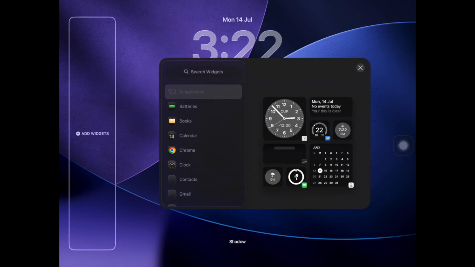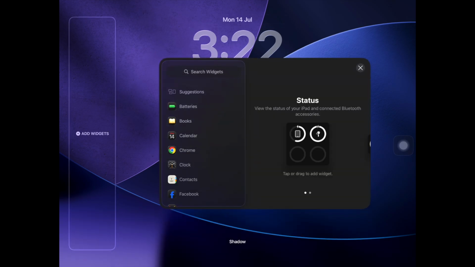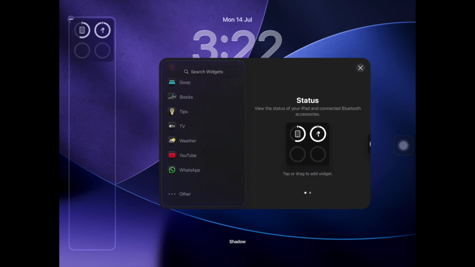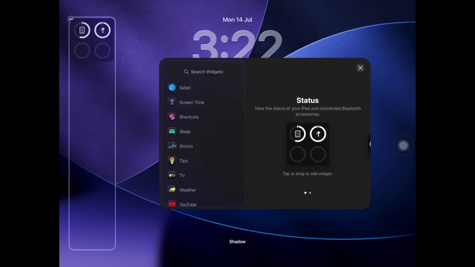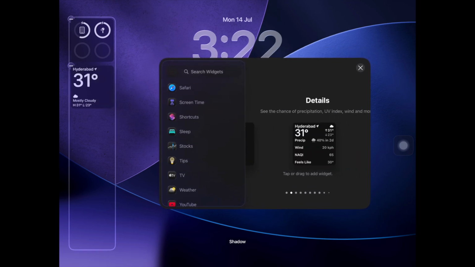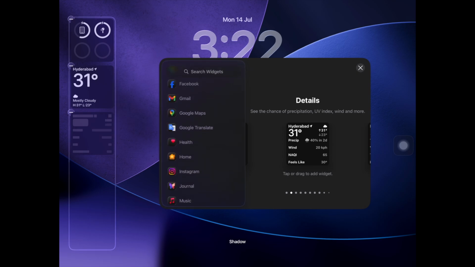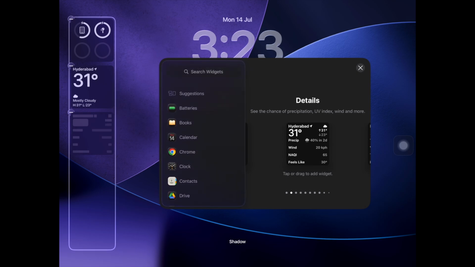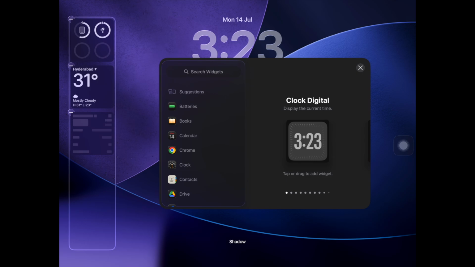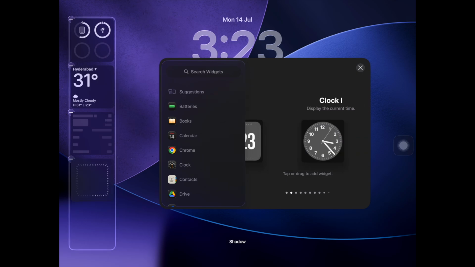As you know, on the iPad in macOS 26, both in vertical and horizontal scenarios, we can add widgets. I'm just trying to add some widgets and see how the transparent effects look. Let's continue adding. I added some widgets including weather, battery and so on. So stay tuned, guys, it's getting exciting as iPadOS is getting nearer to macOS,